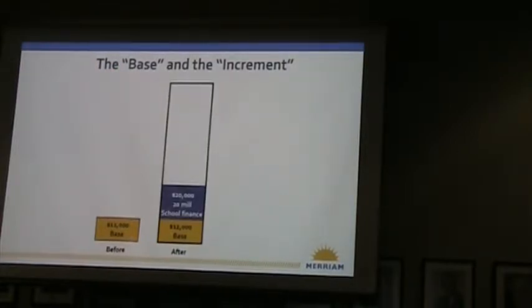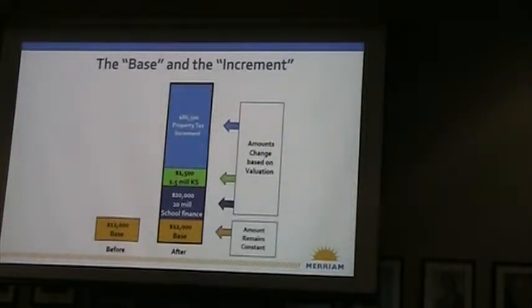You've got your 20 mil, and these are not to scale, but you've got your 20 mils for school finance. You've got your 1.5 for state finance. And then you've got $86,500 that's up for the partnership, whether that's 100% of or some other percentage of. The $12,000 remains constant. That goes to the people that have received it all this time, or at least had received it on the last day before the TIF was established. That remains. And the money that comes from the incremental improvements is the money that we're talking about that's available